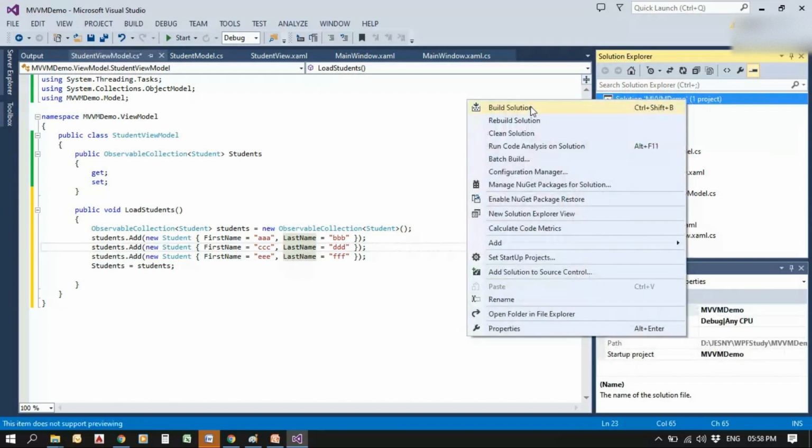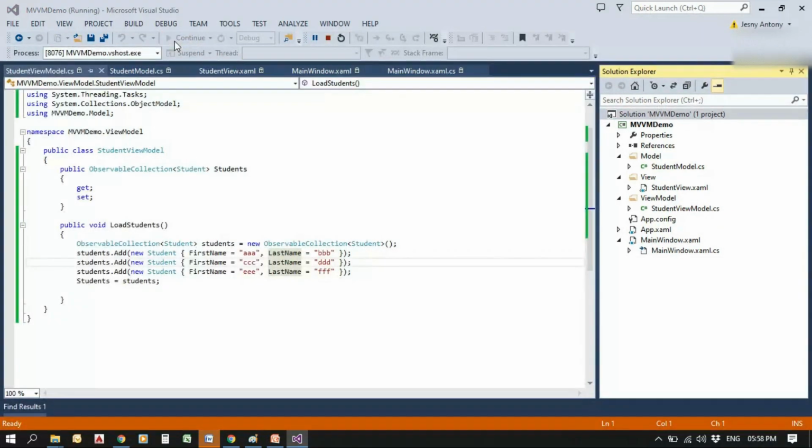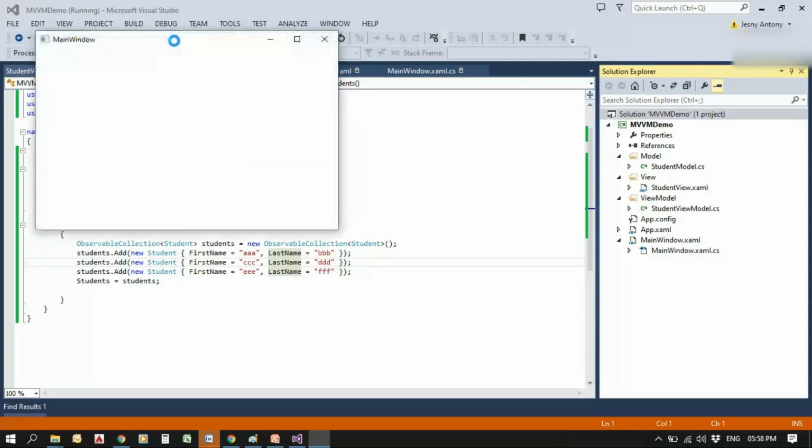We can see in the student model class, we have declared the data and everything. So next is build the solution. So all succeeded.